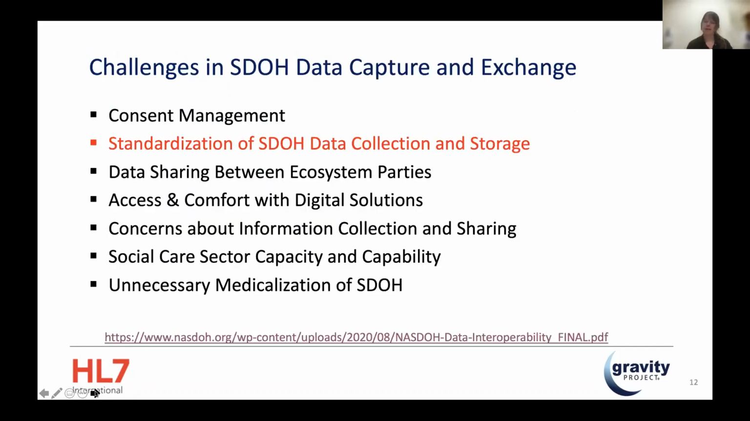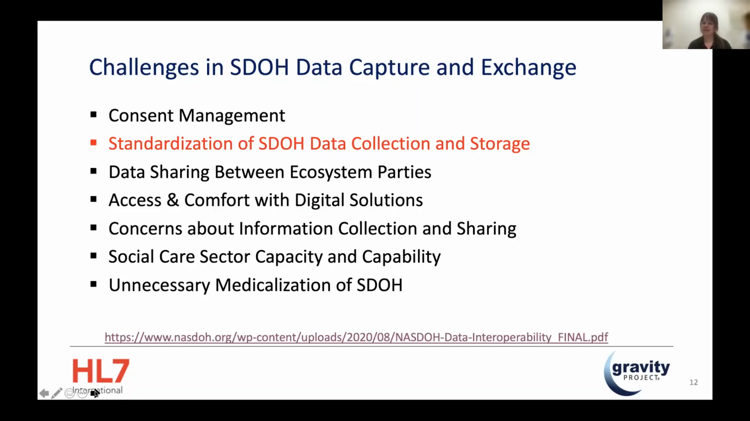Another reason why the Gravity Project was born was what we know regarding capturing and exchanging social risk data. When we talk about social data, I'm not just talking about what's in my own system. We're really talking about the complexities of documenting and sharing information, not just with clinical settings, but community-based organizations as well. There was a paper just recently in August on the challenges in social determinants of health data capture and exchange. And these are challenges of consent, like how to manage consent as data is exchanged,